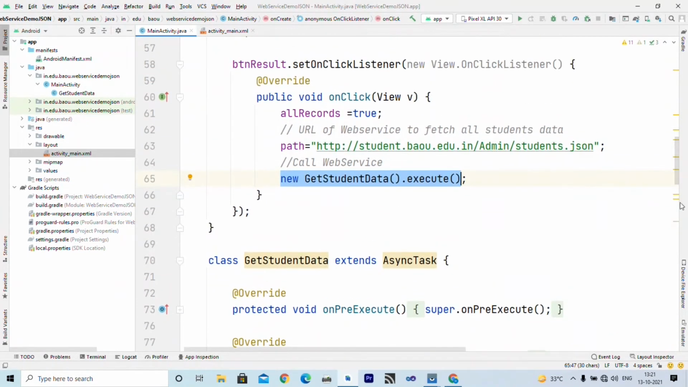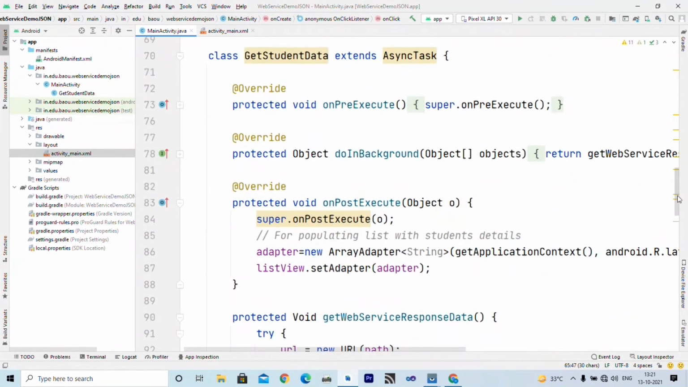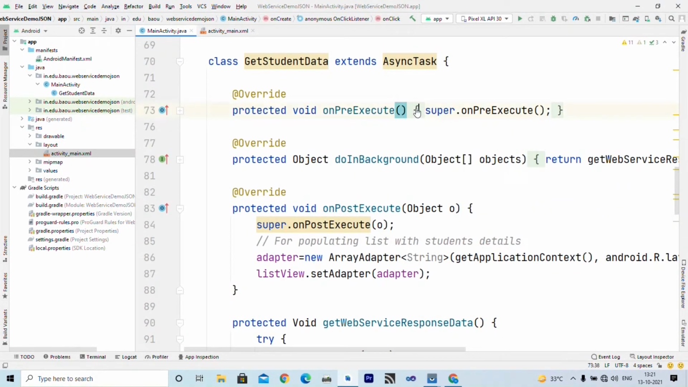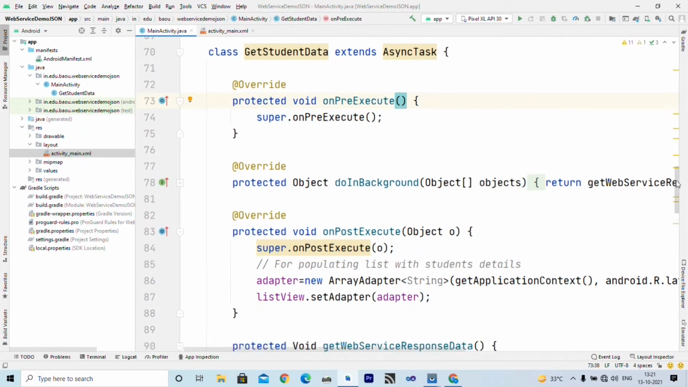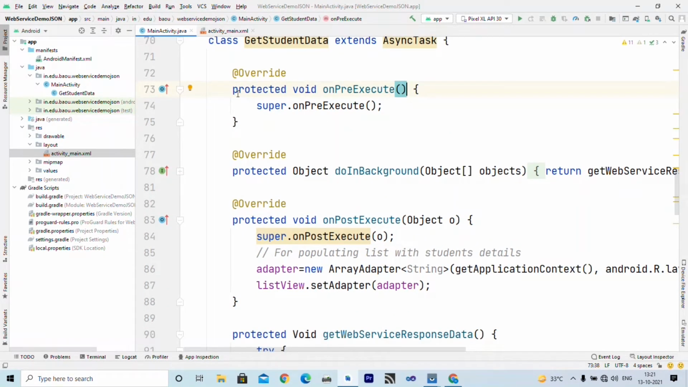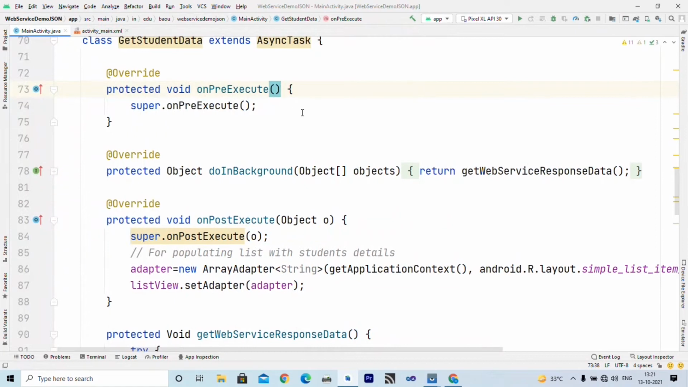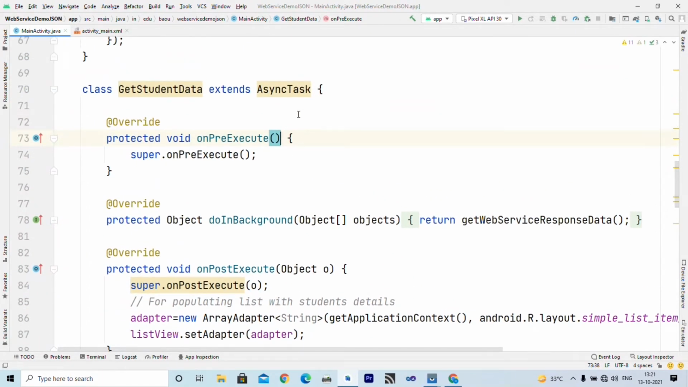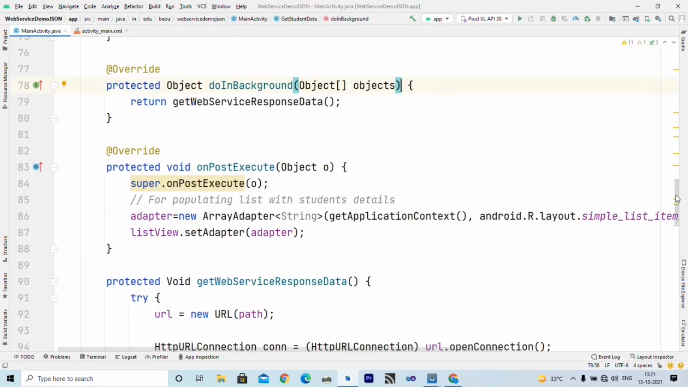So, we know that there are 4 methods inside an asynchronous task. So, I have written the method onPreExecute, but I have not written anything inside onPreExecute. It means I do not want to display a progress bar right now, for the sake of simplicity. Once you master this code, you can implement this functionality, right? But remember, inside onPreExecute we have written nothing. That means we do not want to do anything, and inside doInBackground